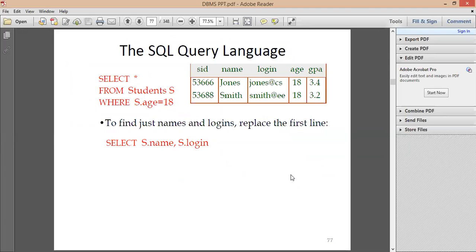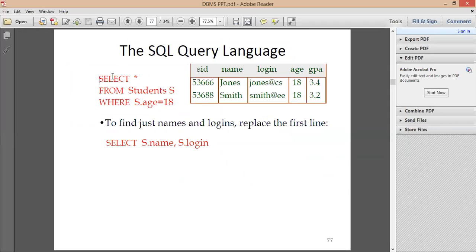Now before going into detail with the mathematics part, that is the relational algebra part of your second unit, we'll just go through a few SQL queries which we saw in the third unit.